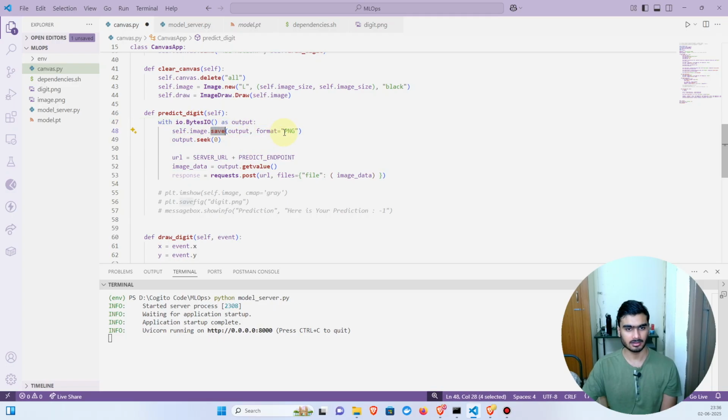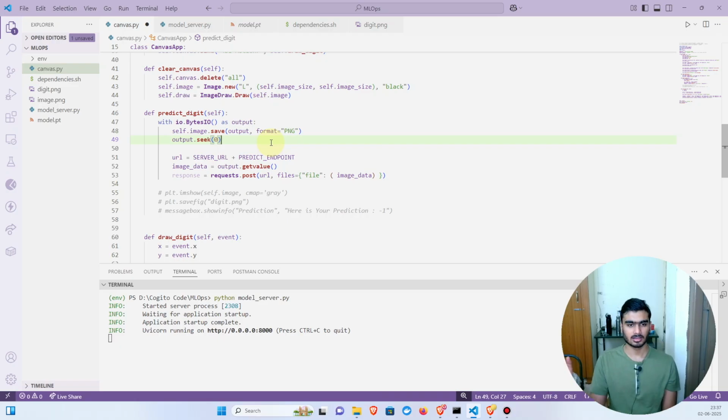It will take this image, and we are saying that okay, the format of the image is PNG, and then it will create an output which will be a sequence of numbers. Basically it will take the image and convert it to a sequence of numbers. Okay, so let's say you have a 28 cross 28 image,